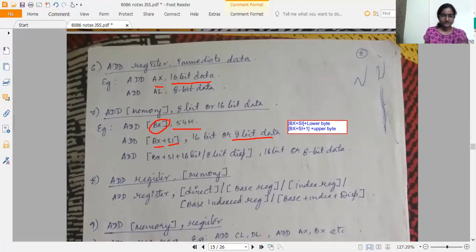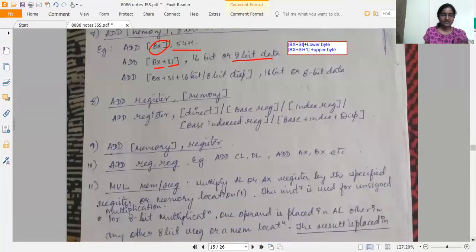Then next, add register, memory. The presentation of the memory can be direct addressing mode, meaning directly the offset address can be present, or a base register can be used in order to hold the offset address.